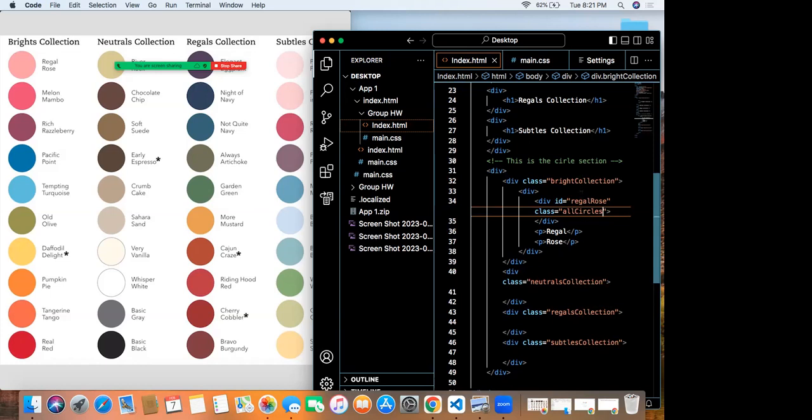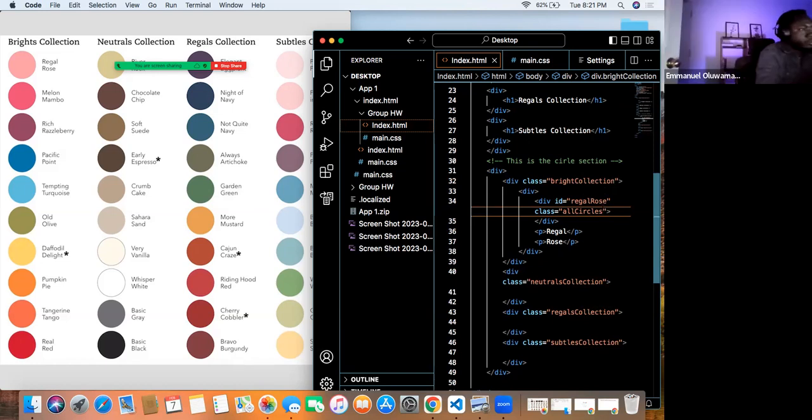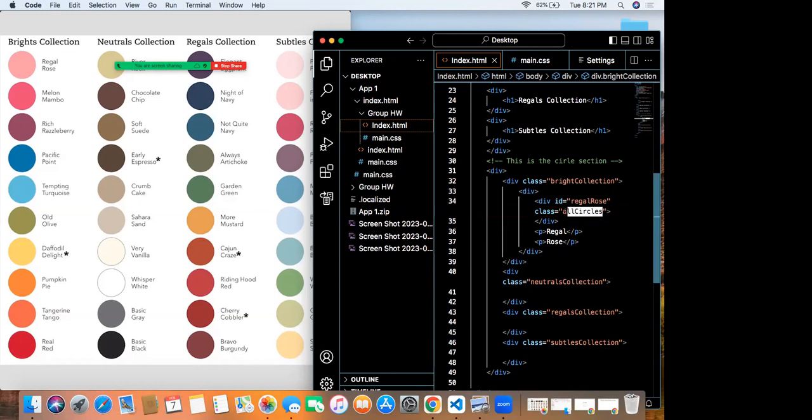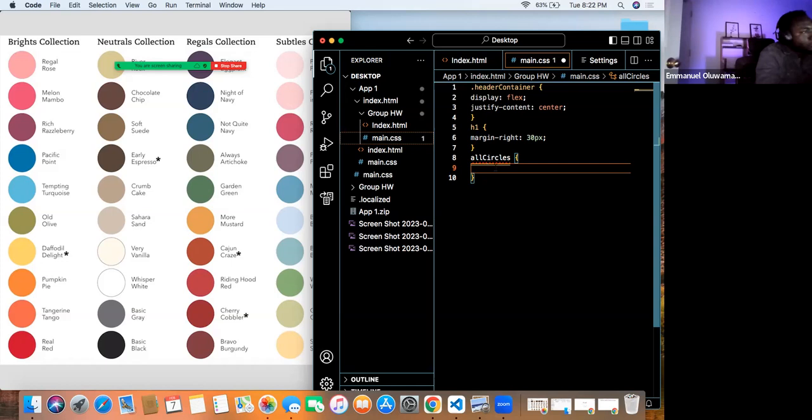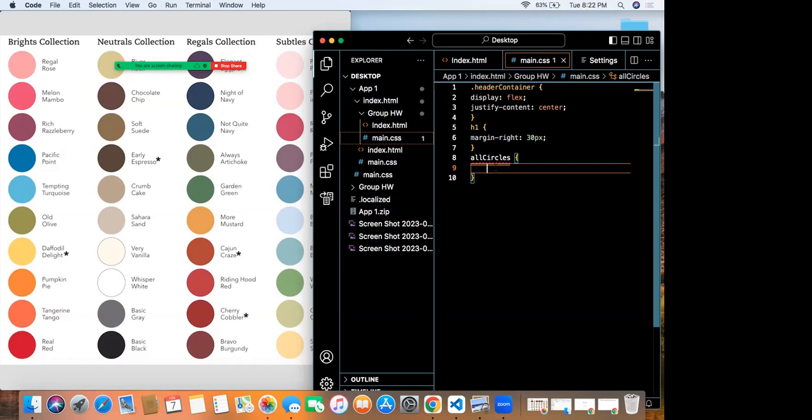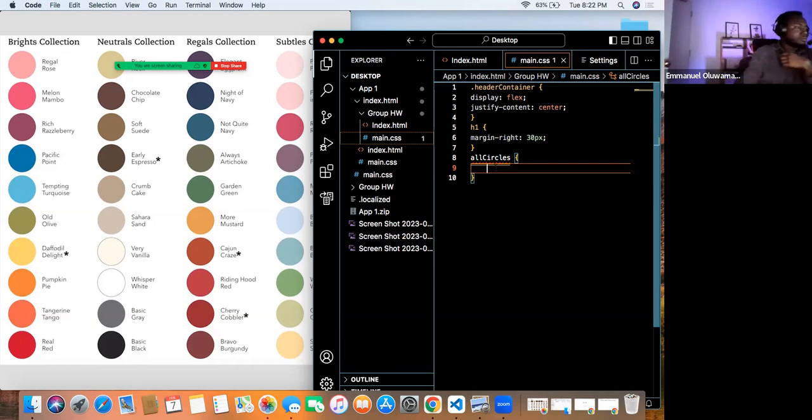We're doing all circles right now. The selector you have is missing the full stop in front of all circles.